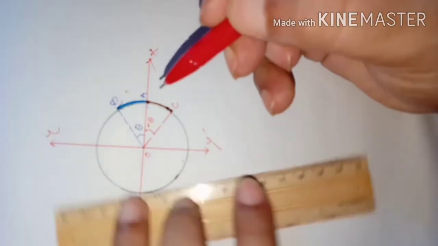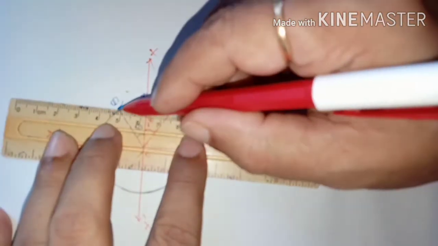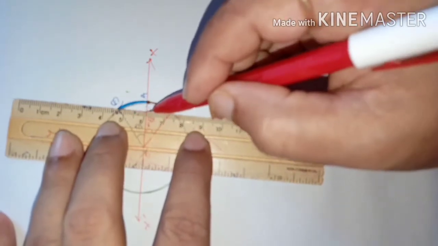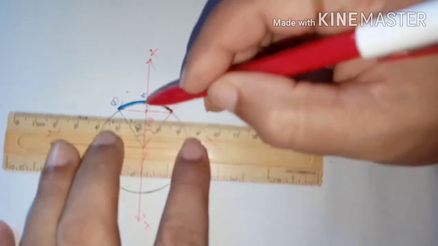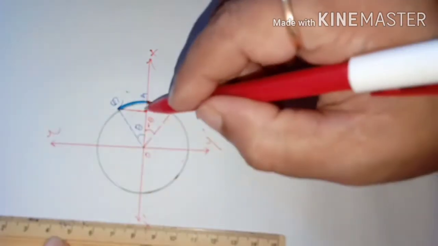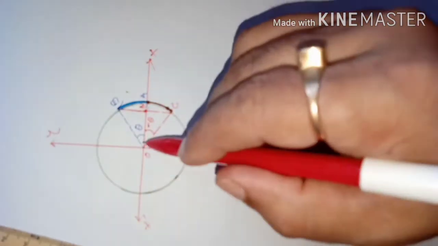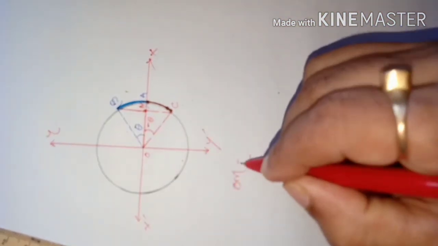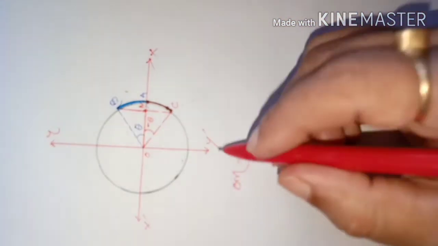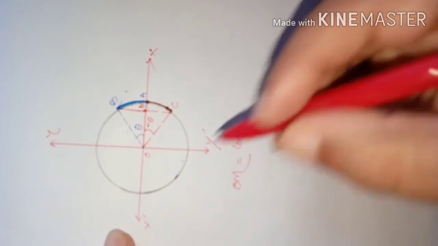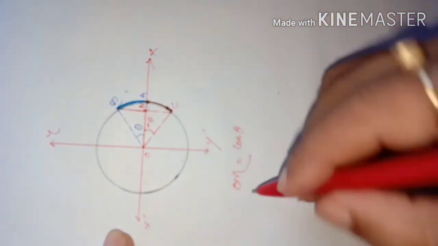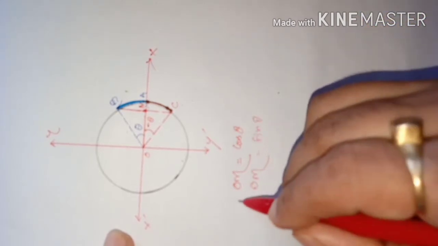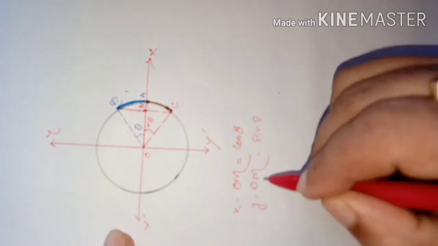Now dear students, as you see here, from this point B I drop a perpendicular, and from this point C also I drop a perpendicular. Then they meet at the same point, say here at M. Now you see this distance OM. OM, by definition of trigonometric functions, is cos theta. This is positive. And BM is sin theta. We can term OM as X and this one as Y.